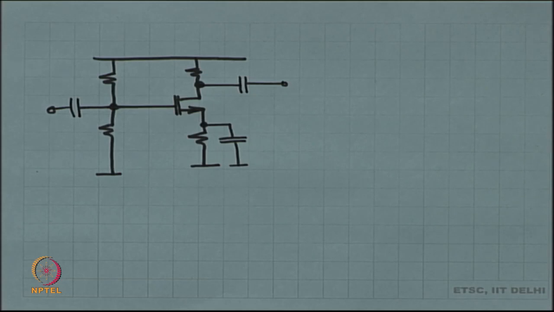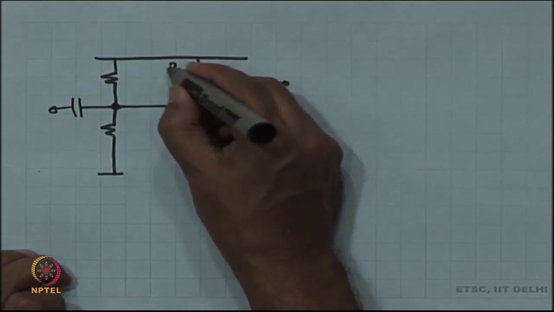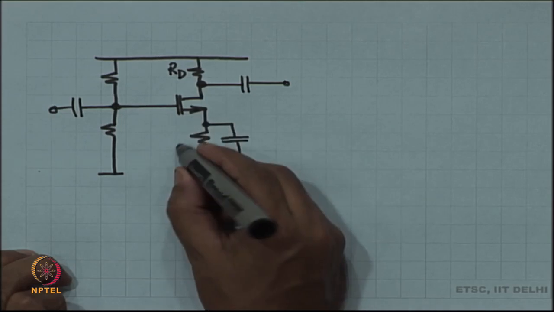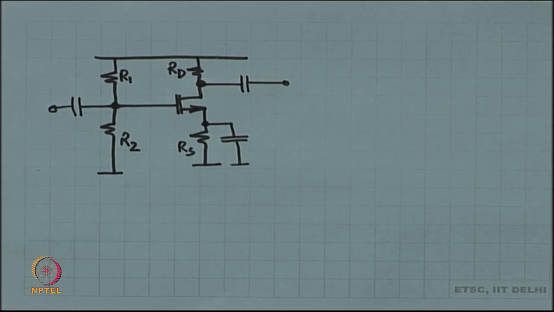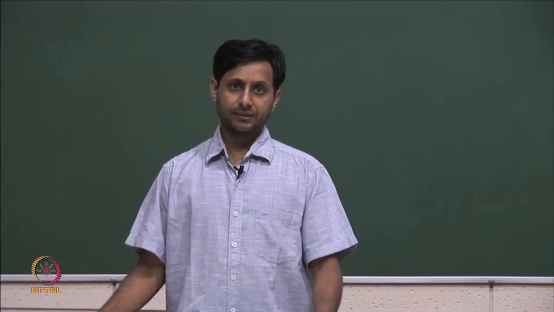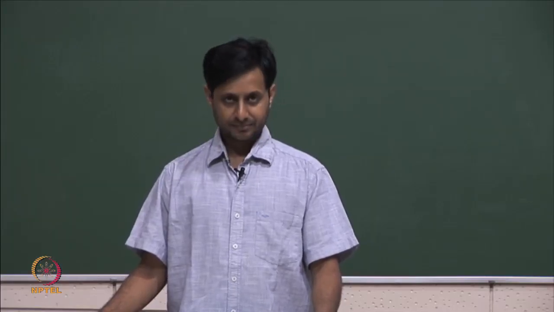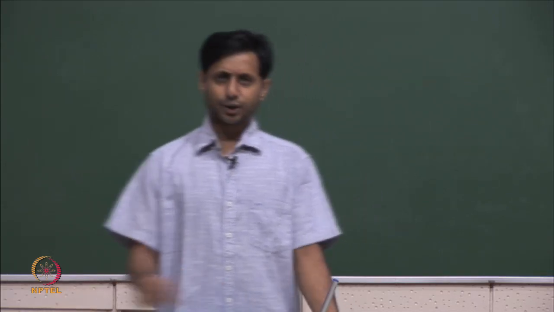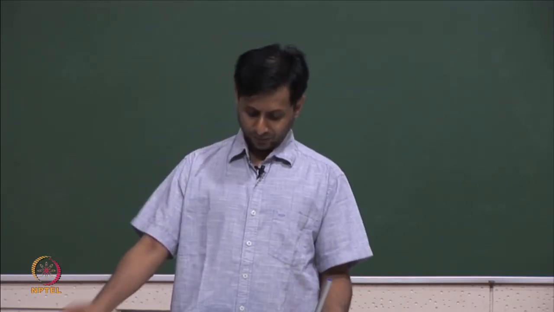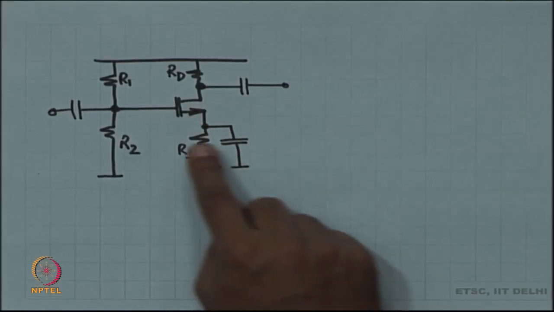So, this is the structure of the common source amplifier. Can we list out the different problems of this circuit? Problem number 1 is that the gain, is it a problem? The gain is negative? No, that is not a problem. The gain of this structure is minus GM times. So, remember in the small signal picture,